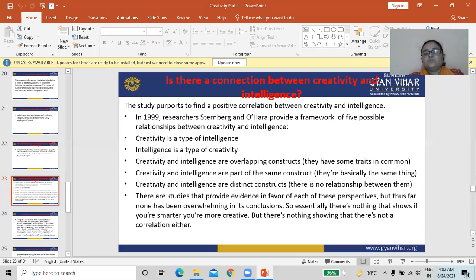They have some traits in common. Creativity and intelligence are part of the same construct. There is no relationship between them.